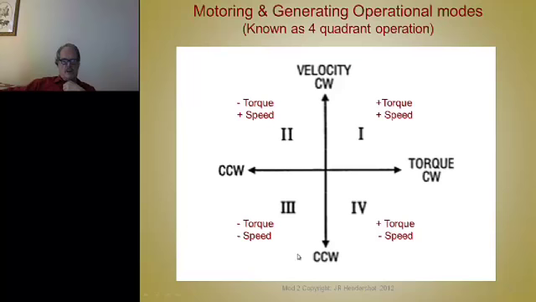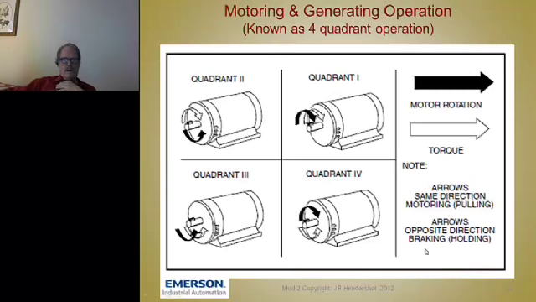And here's a case where if I'm going backwards and I want to change from going backwards to start slowing down, then I've got to apply positive torque as my speed decreases. Here's another way to look at the same concept, and that is to draw a picture of a shaft,